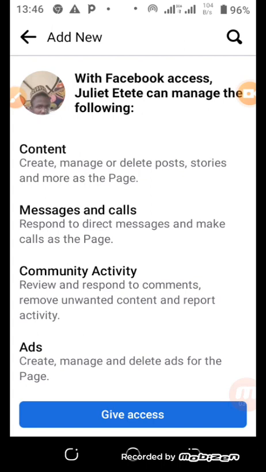This name now, I'm adding. If I eventually click on give access, the system is going to send information to the person to accept. Because one thing is for you to ask someone to be part of your admin, and another is for the person to accept being your admin. So the person is going to accept it. Then it works perfectly. But you need to be mindful of this,